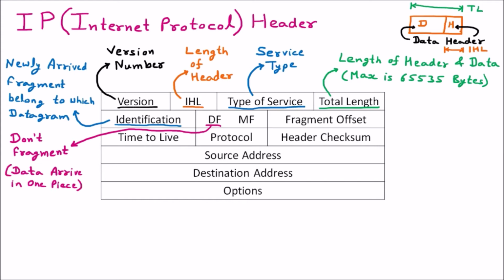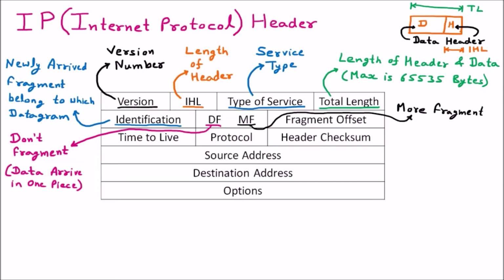Afterward we have the next field, which is called the MF. MF stands for more fragment. So this is the MF field, which is named more fragment. Whenever the data size is too large, we cannot send it as a single packet. We need to divide it into small pieces. Then this MF field becomes active, which signals more fragments. Now whenever we have more fragments, the next field, fragment offset, is required.